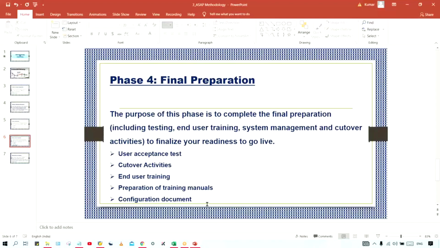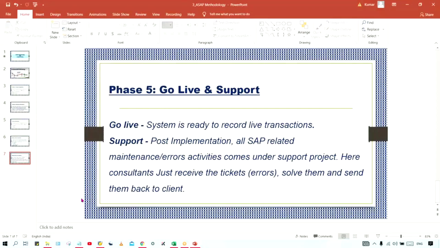This is why, before the start of the project, when the delivery manager along with the center of excellence team visited the client location, there will be a particular agreement. In that agreement itself, these things will be included: whatever documents there are are our assets, and you must hand them over after completion of the project. Once the configuration document and all these things are prepared, they are supposed to be handed over to the client. That's it. And once that is done, final preparation is completed, and then the next one is called go live.